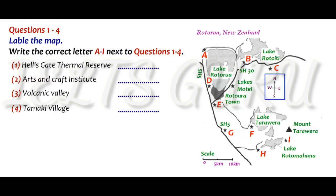Now if you look directly out of the motel towards the southeast, in the opposite direction to Lake Rotorua, you can just see the peak of Mount Tarawera, and the day after tomorrow we'll be visiting the volcanic valley which was formed when this last erupted. We'll drive down the SH5 and then head off towards Lake Rotomahana. The valley's on the opposite side of the lake from the mountain, so you can see what a powerful effect